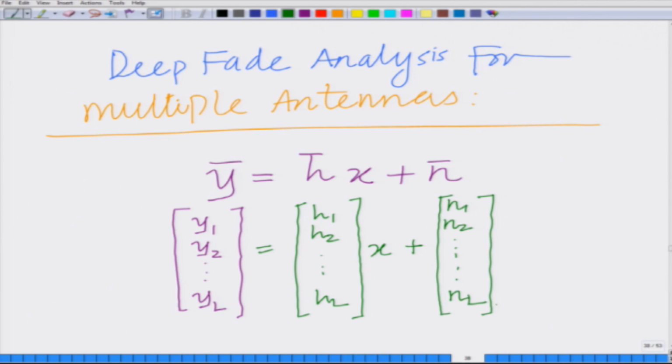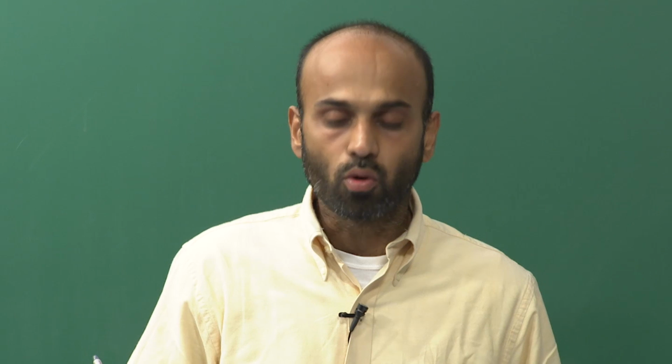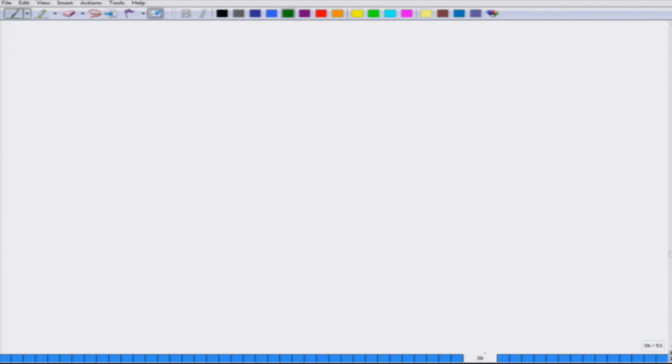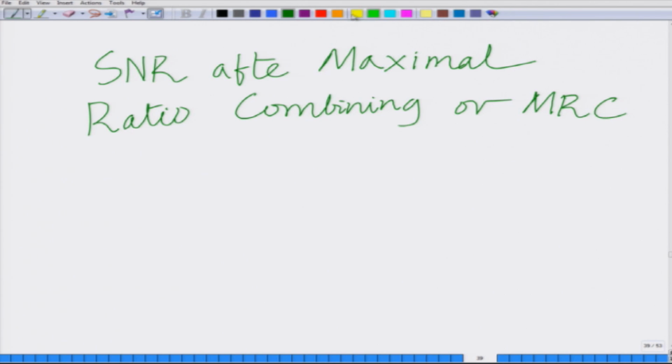And at the receiver we perform maximal ratio combining for this L antenna system, where h1, h2, hL are the channel coefficients. After maximal ratio combining, that is after MRC, the SNR after maximal ratio combining is,